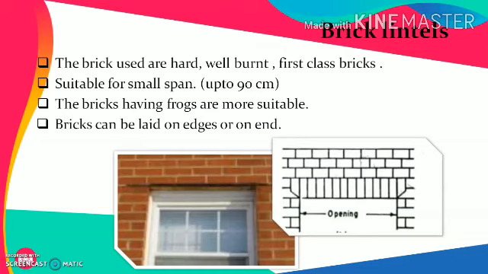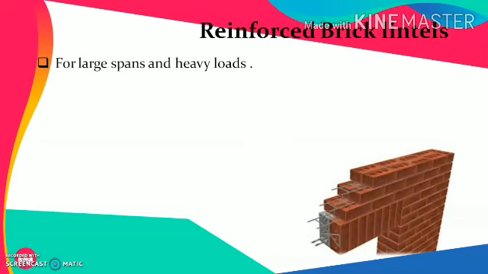Such kinds of structures are possible, and the major thing which makes such a lintel stable is the bond between two successive bricks. Once again, please remember that the strength of such a unit is comparatively lower. To improve upon this, we generally use reinforced brick lintels. Reinforced brick lintels are lintels where the brick lintels are strengthened by the introduction of a reinforcing item like bars of mild steel.